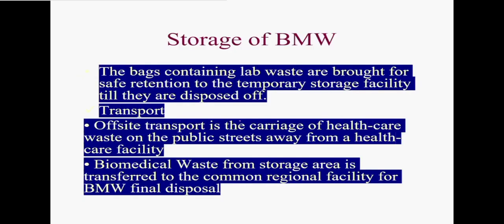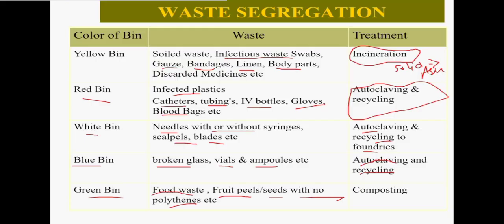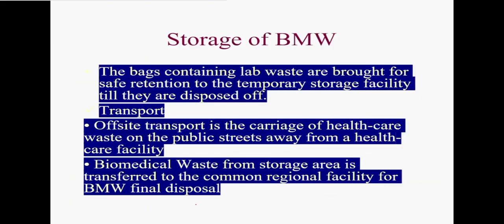नाउ नेक्स्ट, स्टोरेज ऑफ BMW। सो ये सब था कि कैसे-कैसे वेस्ट का ट्रीटमेंट होता है, क्या प्रोसीजर होता है। हमने पहले देखा कि वेस्ट को कैसे डिस्कार्ड करना चाहिए, किस कलर कोड में कौन सा वेस्ट डिस्कार्ड होगा। नेक्स्ट हमने देखा कि डिफरेंट कलर कोड्स के बैग्स को कैसे ट्रीटमेंट किया जाता है। नाउ नेक्स्ट, अब स्टोर कैसे किया जाता है, उन बायोमेडिकल वेस्ट को स्टोर कैसे करते हैं।